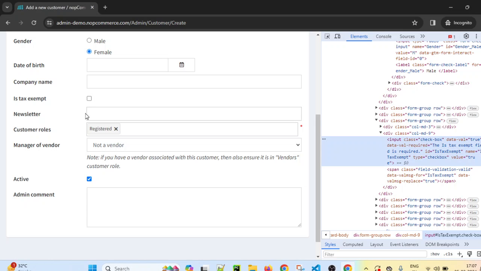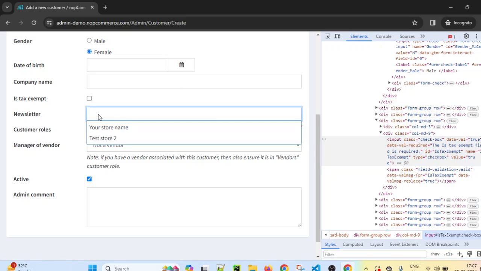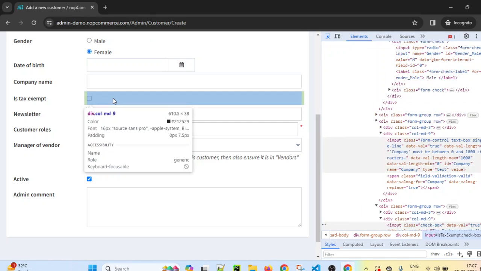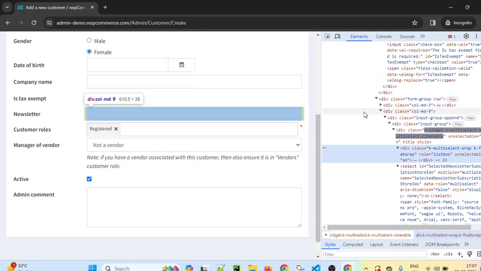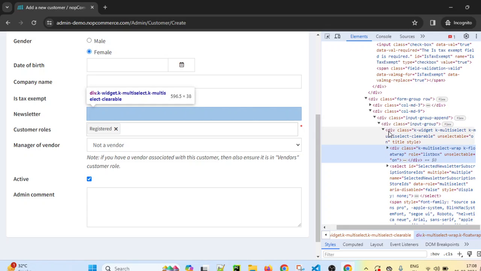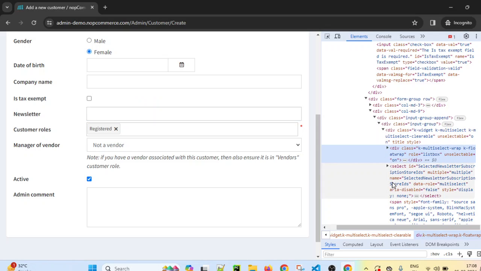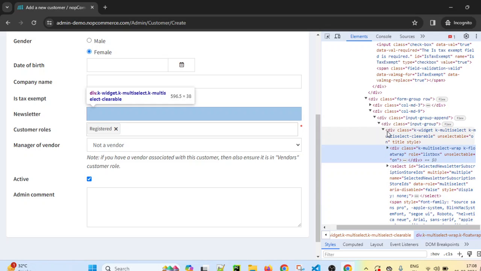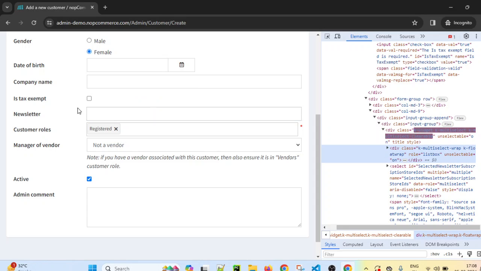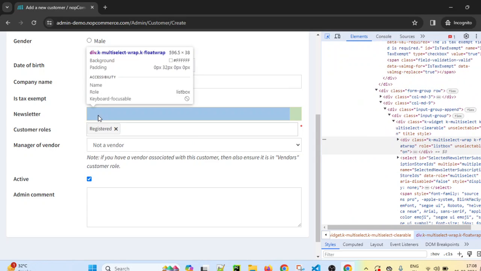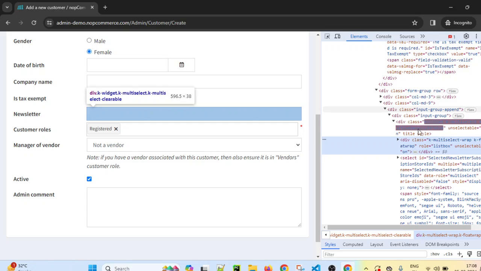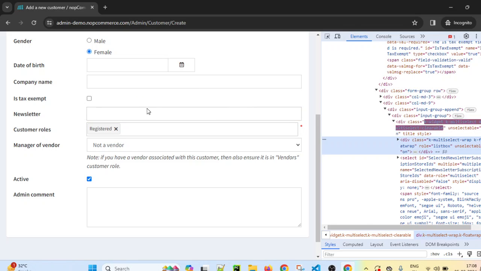option. Whenever writing the test case, I first have to click on this newsletter field. If I try to inspect it, you see there is no select tag present here. It is present, but it is inside this, right? So ideally, we cannot use the select drop-down option. If you highlight this field, it starts with a div tag. If I want to click on this, I have to first identify this element.